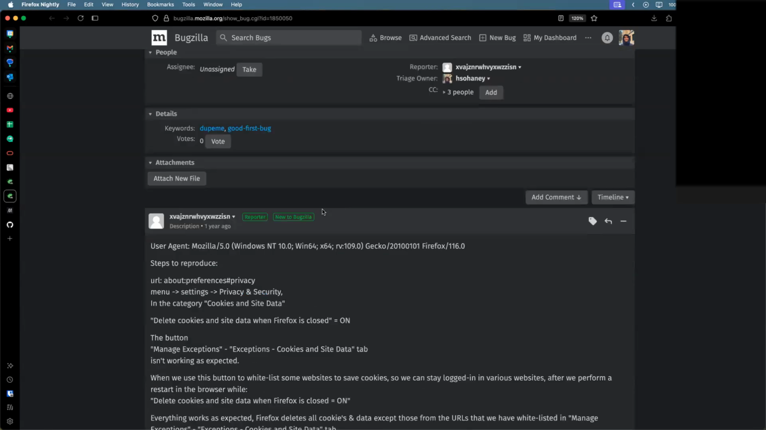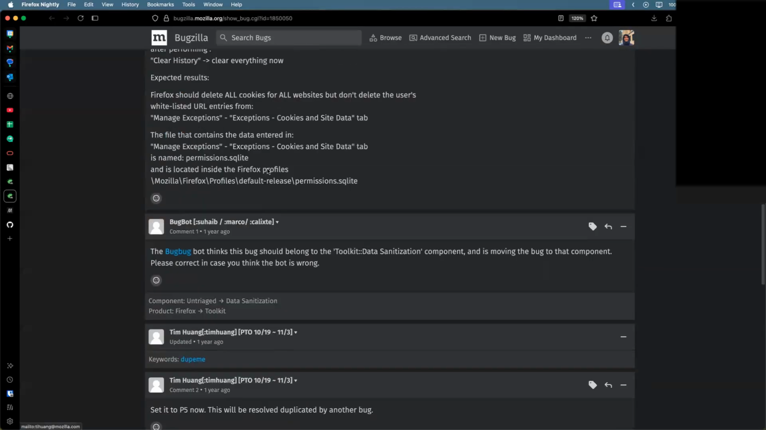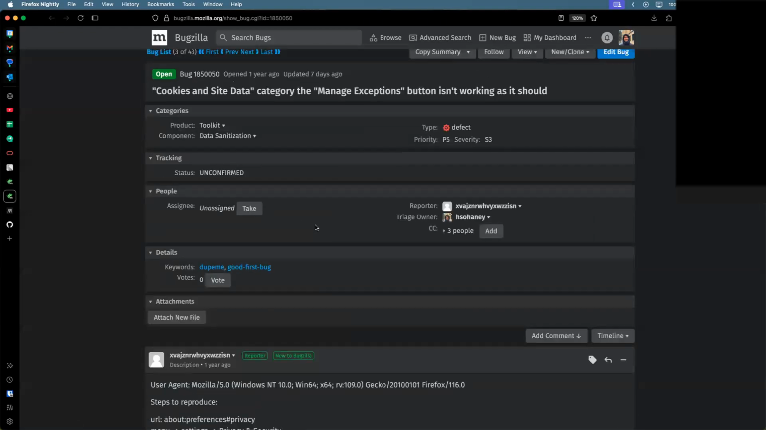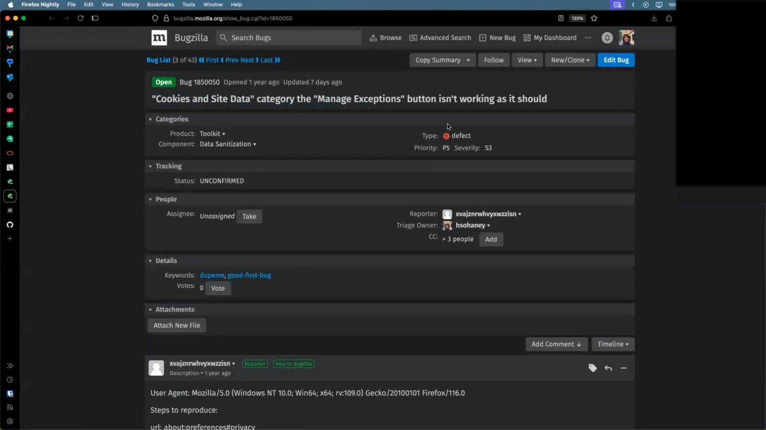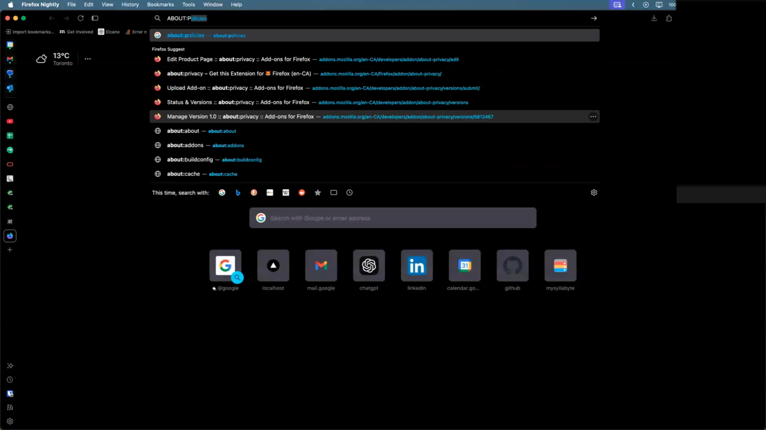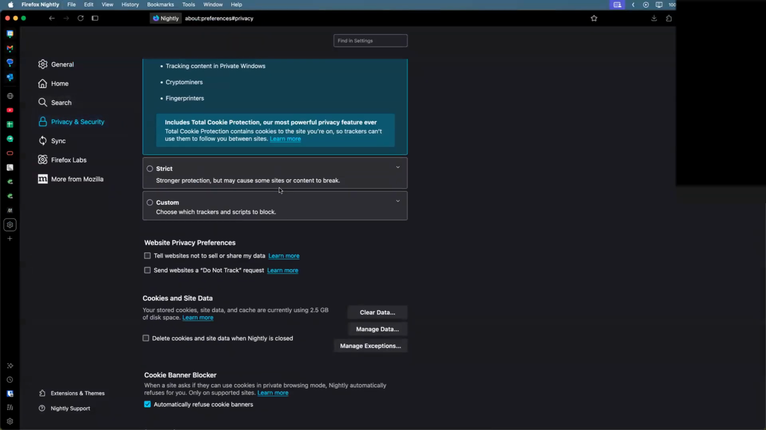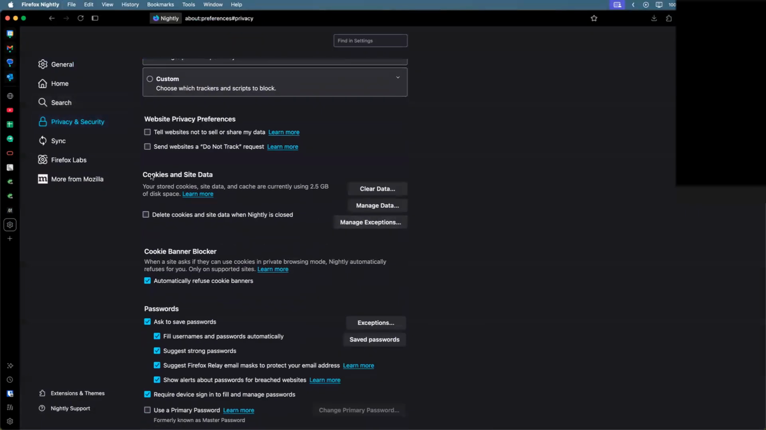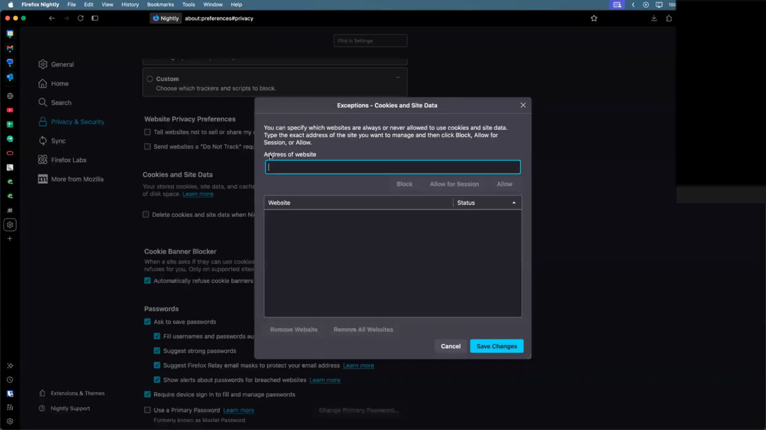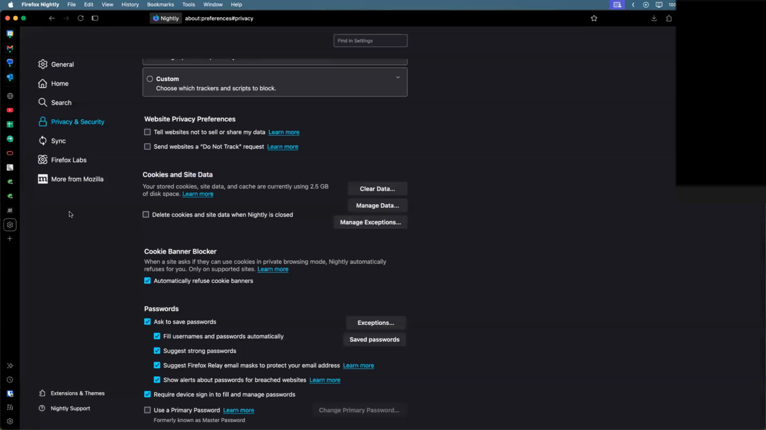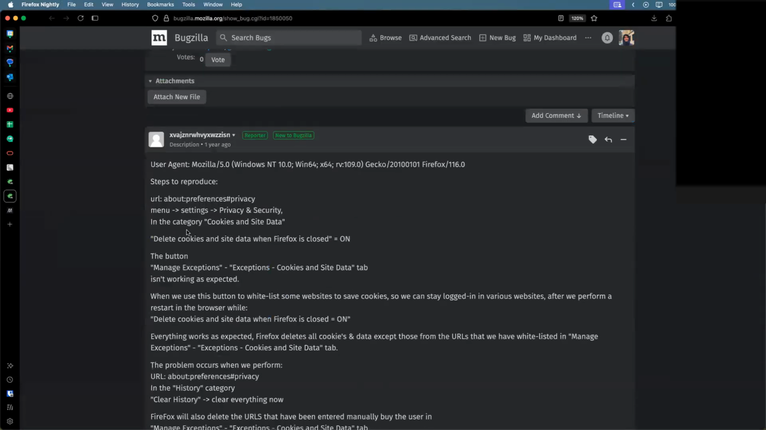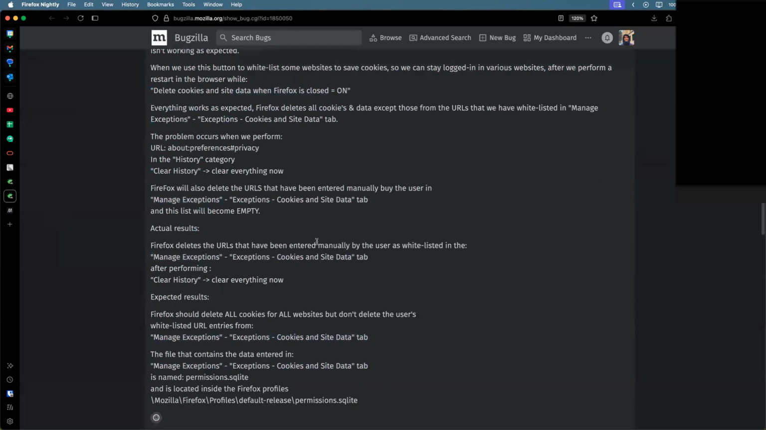So it's there if you want it. It's based on manage exceptions. If you go to about:preferences, site data, it's this button: cookies and site data, manage exceptions. It's a bit weird because it also works for a bunch of different things. I actually have forgotten myself, but the person who reported it did a good job of explaining it. So if you want to read through that,